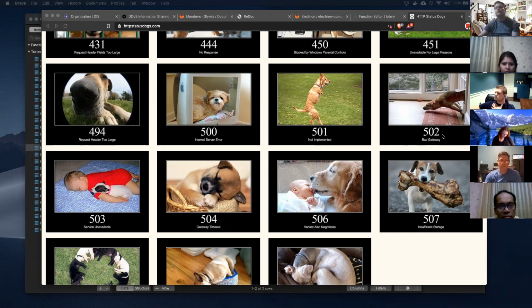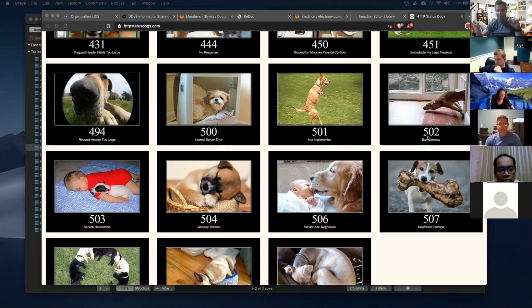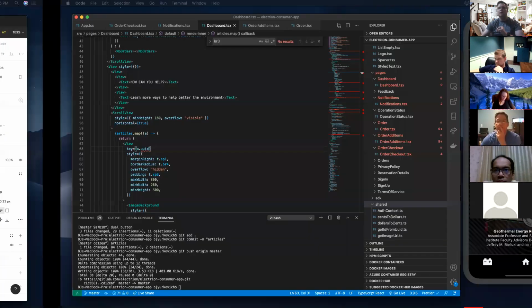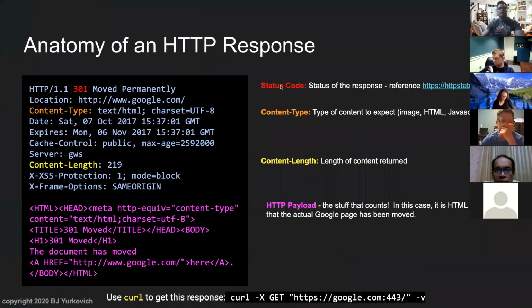The other thing you'll see a lot of is 502, bad gateway. That means the gateway, that load balancer that you're hitting, is alive, but it can't find the service behind it, the service that's actually implementing your business logic. This stuff will get a little bit more clear as we start to talk about microservices, deployment, and those types of things. But I wanted to go through these status codes to really drive home what we're doing here. So these are the status codes that will be coming back.